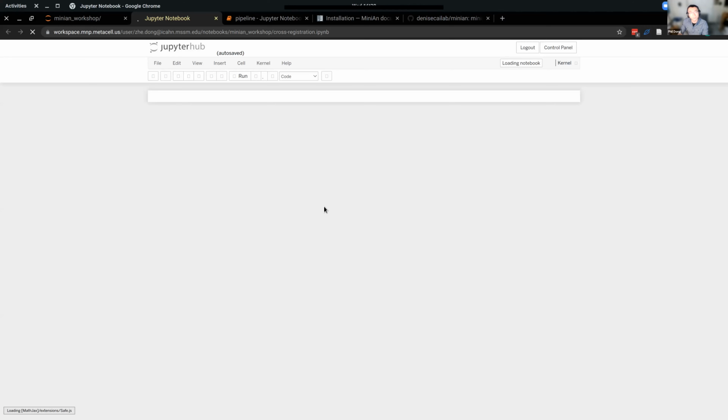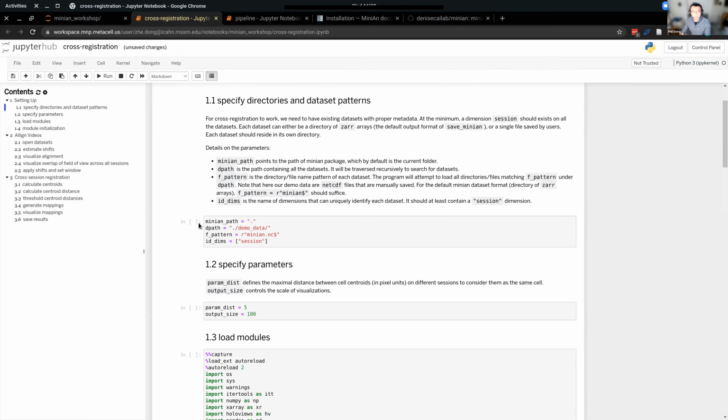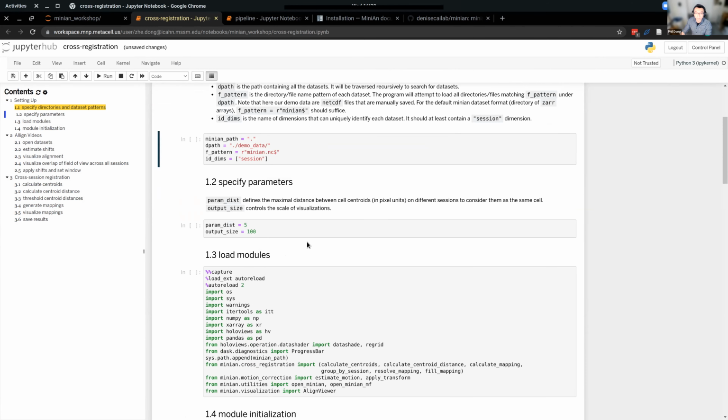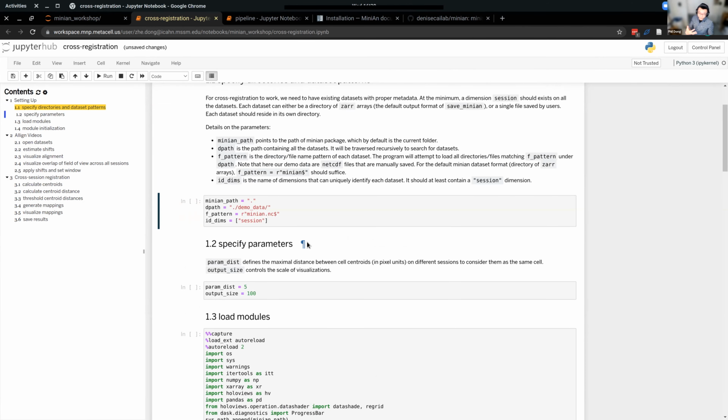Gotchas, definitely. There's a huge gotcha that everyone hates me for. That is, you have to make sure your input data has proper metadata being set. So I sort of hard-coded it in the cross-registration, because when we do this, I need to load in data across multiple sessions and do stuff across multiple sessions. So in a lot of cases, I need a dimension of session to be defined to do stuff like this. So that means when you are running Minion,